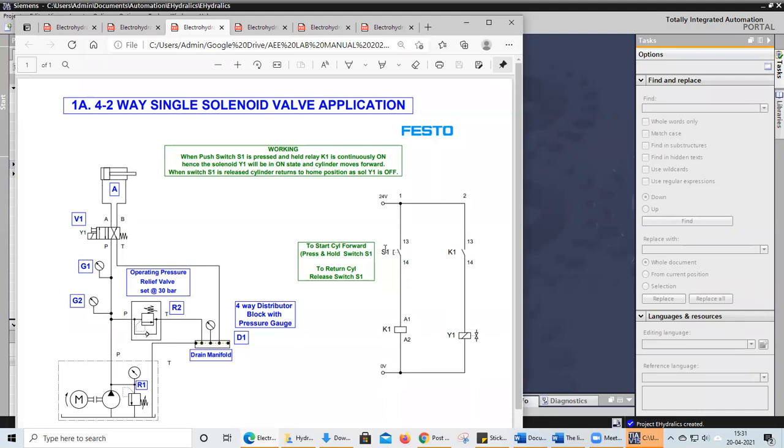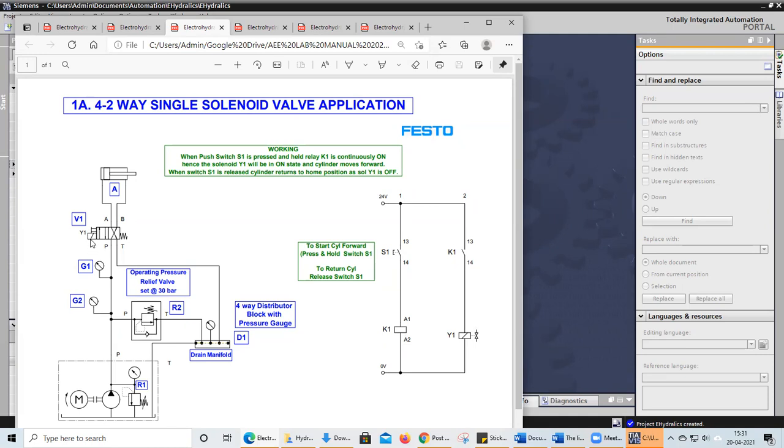Once we turn on this switch S1, this coil will be energized. I told you previously a memory coil will be there to turn on. This is like a latch circuit only. Once you click this one, this K1 will be energized. This K1 coil will energize this K1 switch internally, and this K1 switch is energizing my solenoid coil Y1. Here you can see Y1 is my solenoid valve.